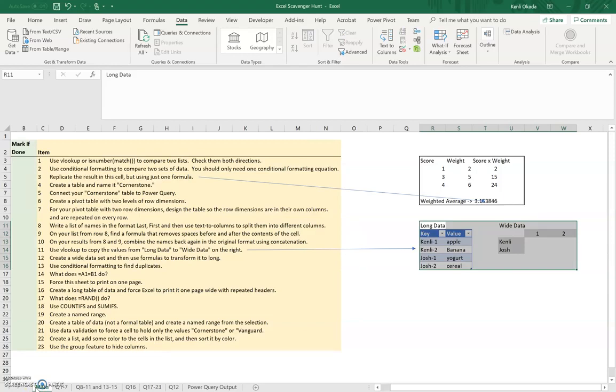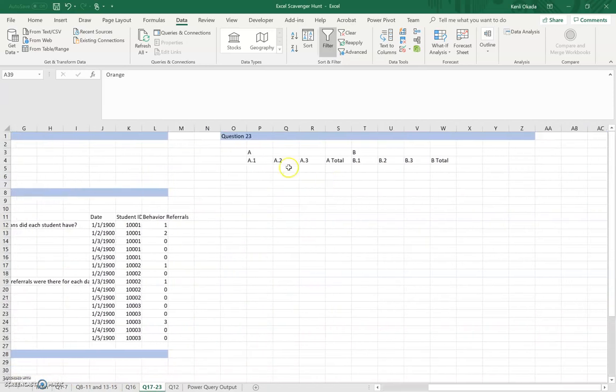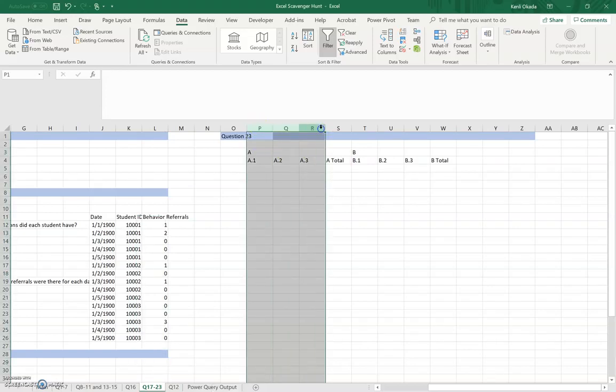All right, question 23. I'm going to do question 23, then I'm going to go back to question 12. Use the group feature to hide columns. Well, I've added at the top here some data in columns. Well, we already have columns, but I've added some data in columns. And let's say that I want to hide some of this because let's say all these sub A columns are not really super helpful. I can go to Data and I can hit